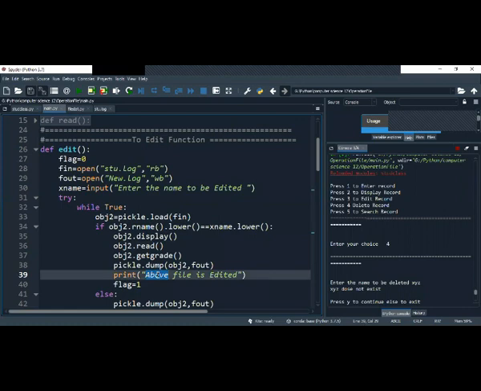Roll number 2, whole data was correct. Roll number 3, I need to change. So roll number 3 I changed and the rest I copied as it is. In the previous one, I was not writing anything which was inside this one. Here, we are writing the changed data, and I use dump and fout.